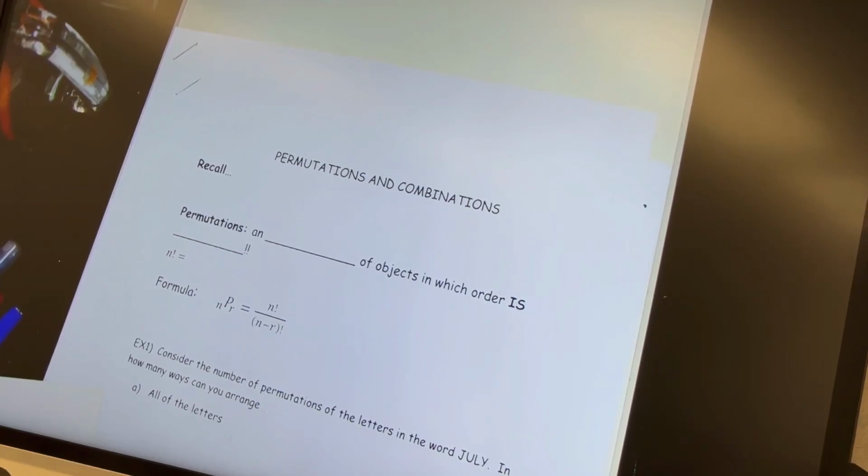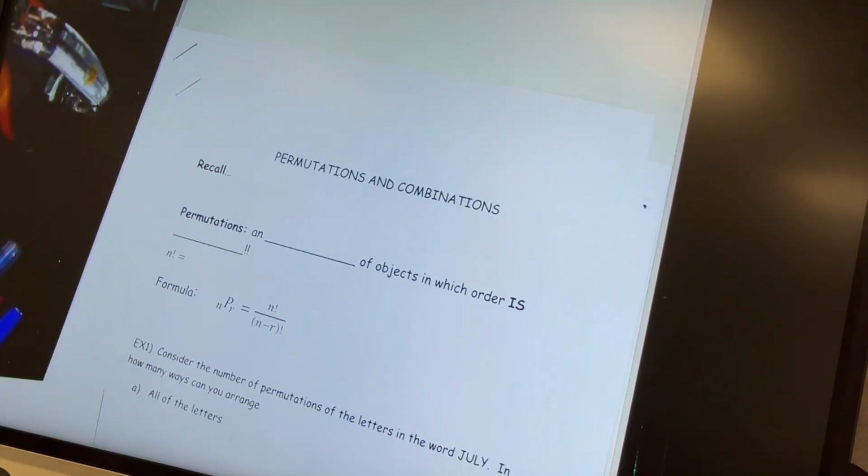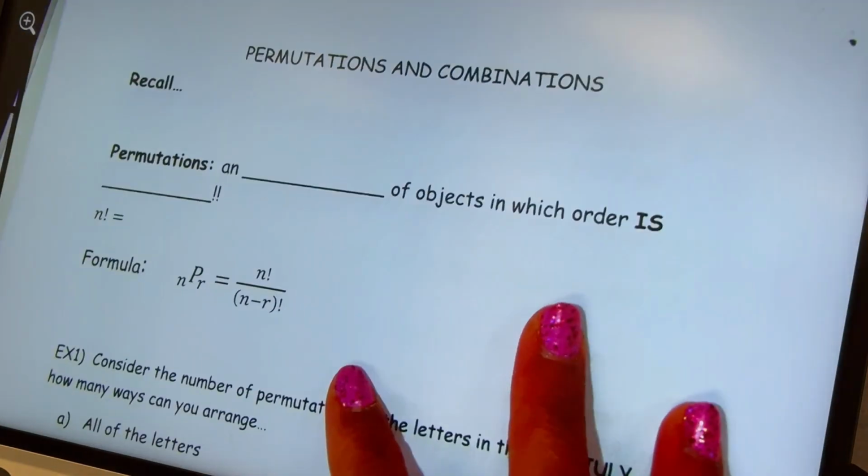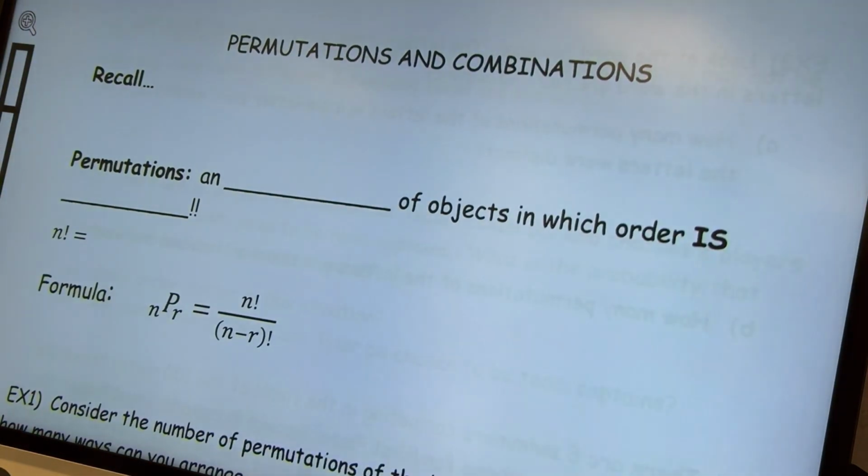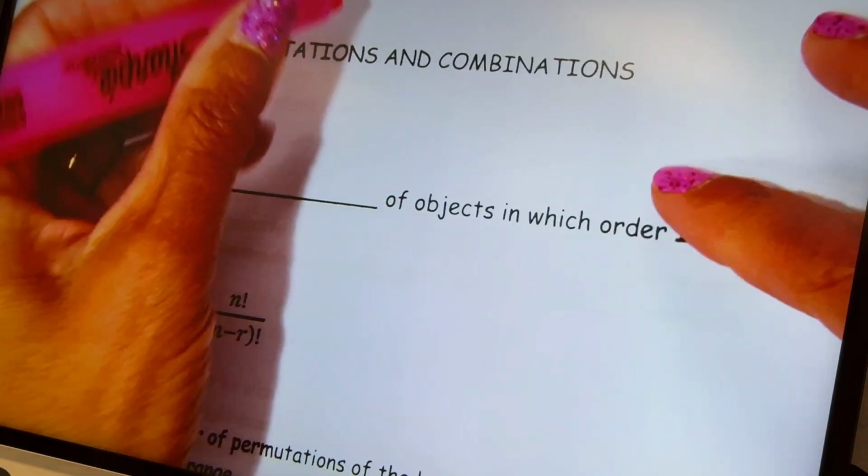I'm recording this lesson today because this one's a longer one and it is review, but it has a lot of information that you do use in other things. So I'm gonna record it, and it's not as short as it was yesterday. All right, so we're gonna learn about permutations today